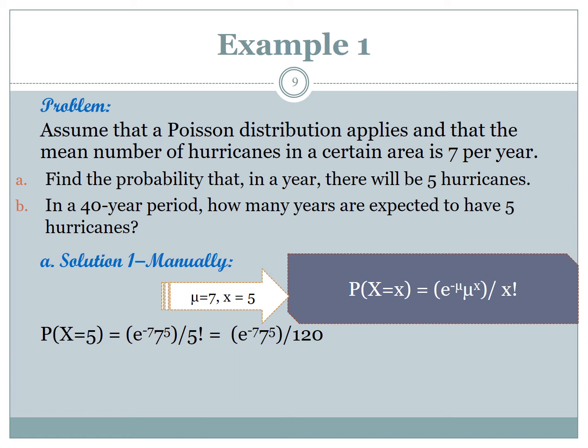So this gives us e to the minus 7, 7 to the 5 over 120, because 5 factorial is 120. So I put that in the calculator, and I get 0.12771. Now I have 5 places here because usually in probability questions, they need the answer to 4 places of decimal, which means that we have to work in 4 throughout the problem. In this case, it's just one instance. So we have to round this 0.12771 to 4 places, and that will give us